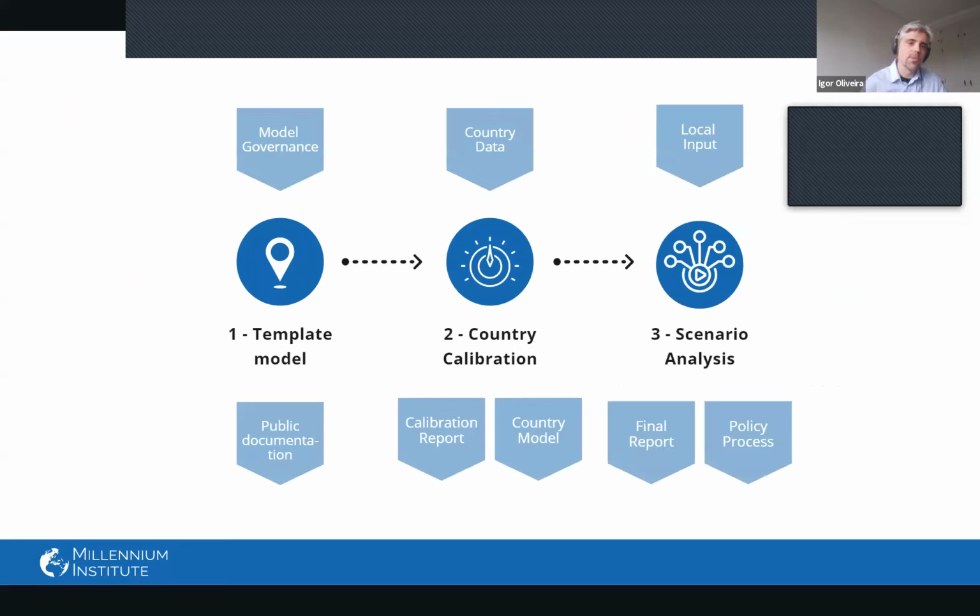Whenever we go to a country, we engage with local stakeholders to acquire good data, and we report on our levels of error and bias in our calibration report. So all of these things contribute to creating the confidence that this type of model can indeed be used to test different policy portfolios that can help a country tackle their sustainable development goals.